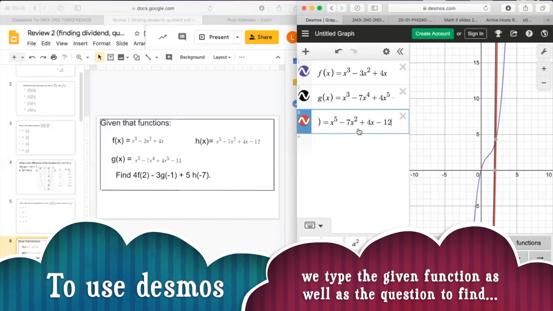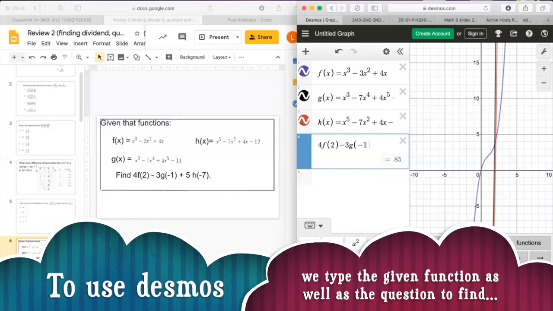So here, after putting in the functions, what we're going to do now is solve. We can now solve this notation. However, how do we solve this notation? Because we are using the calculator, we just type in the notations on the calculator. So here, the notation says we have to find 4f of 2. So you would type 4f of 2, then minus, followed by 3g of